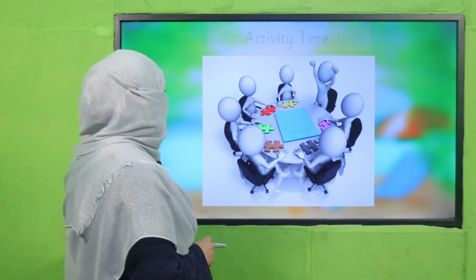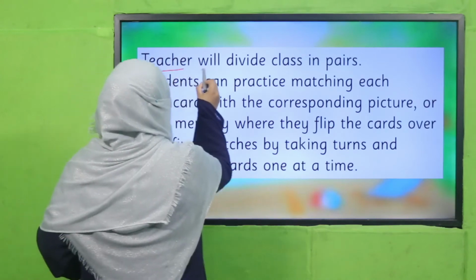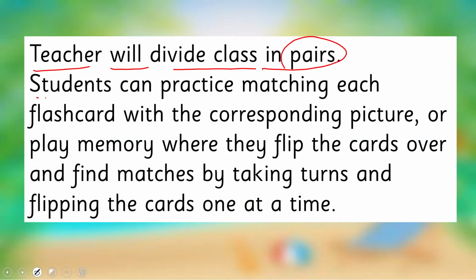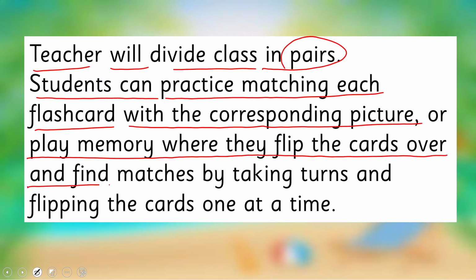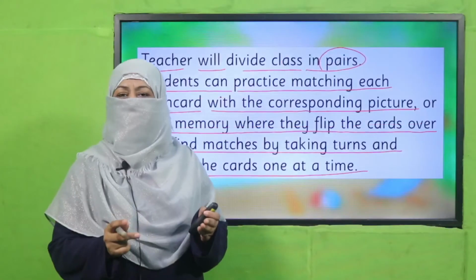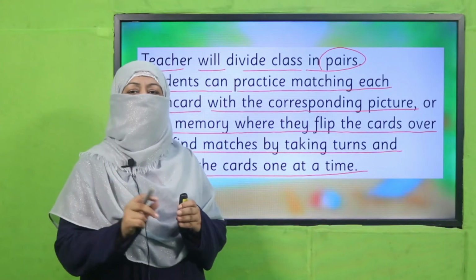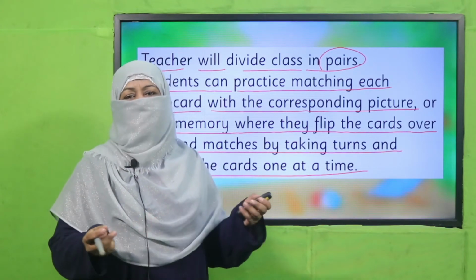So let's practice this concept through an activity. Teacher will divide the class in pairs. Students can practice matching each flashcard with the corresponding picture, or play memory where they flip the cards over and find matches by taking turns and flipping the cards one at a time. The teacher will make flashcards for homophones and students will keep flipping the flashcards and matching them